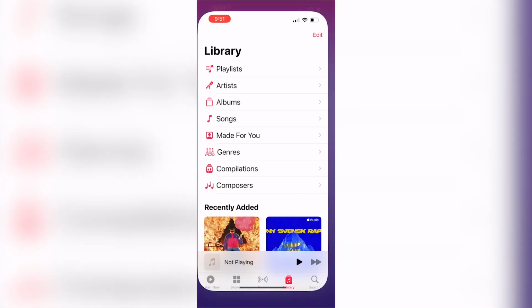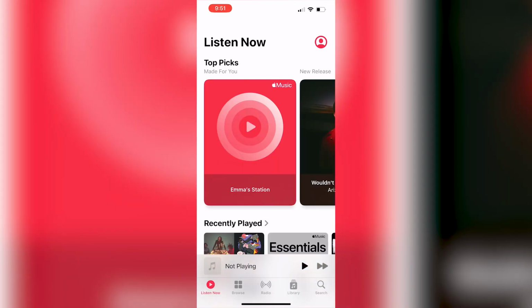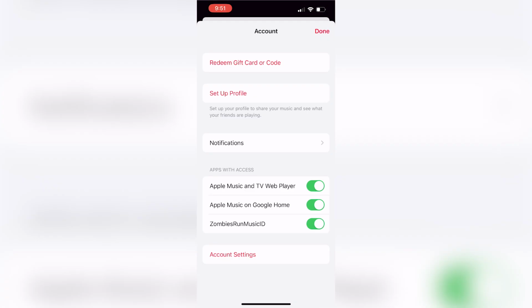Now, if you close this off, you can actually go into your Apple Music and go to Listen Now. This will prompt you to add more family members to your plan because you need an upgraded plan. So click on the top right corner on the profile icon and you'll be given a prompt